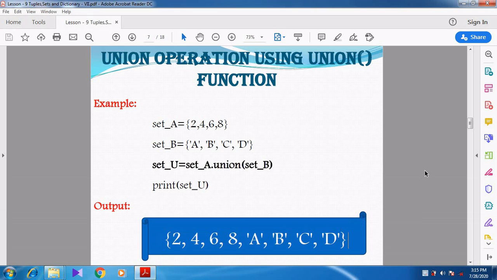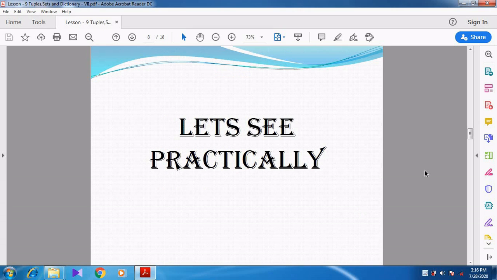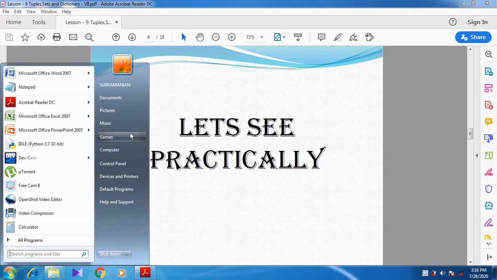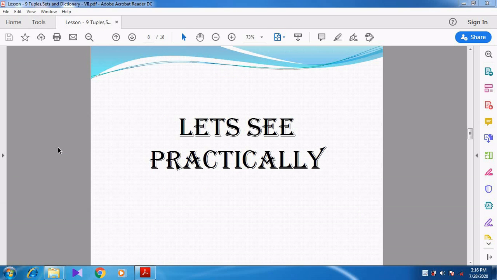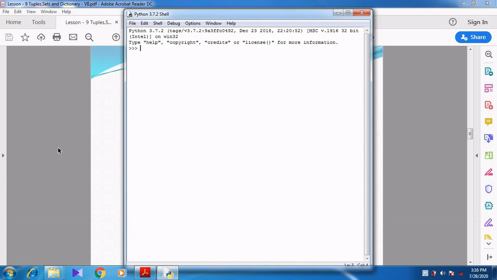Right, I think you might have understood this. If you see this in a practical manner, then you can understand it clearly. So this is a very important question. It's a 5 mark question. We can use Control+N, or else directly type here itself. set_A is equal to 2 4 6 8.